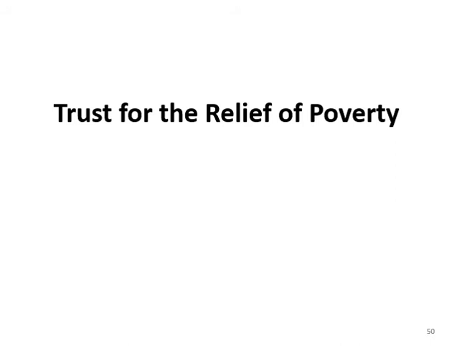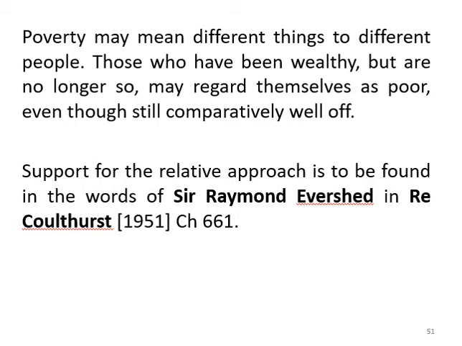Now today we must start studying the different heads given under section 99. The first one is trust for the relief of poverty. First of all we must define what is known as poverty. That's a difficult thing because everybody will say that they are poor. Then how do we identify who is poor? That's why we will see these slides here.